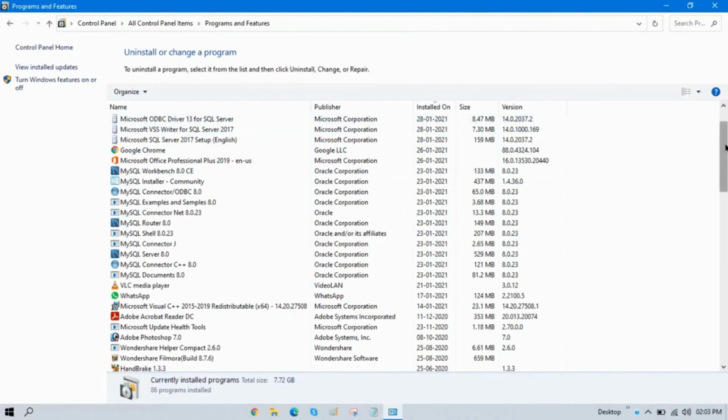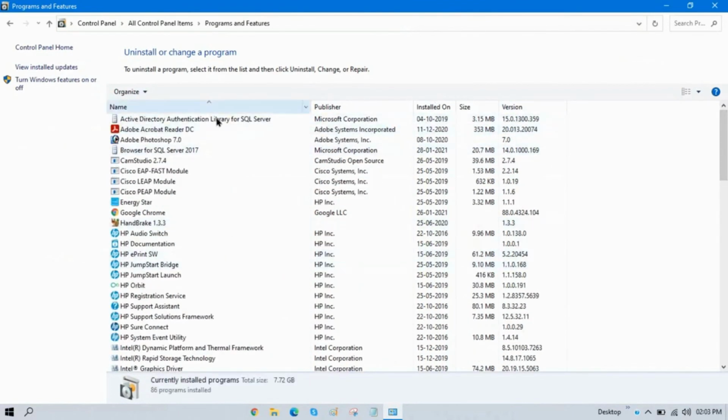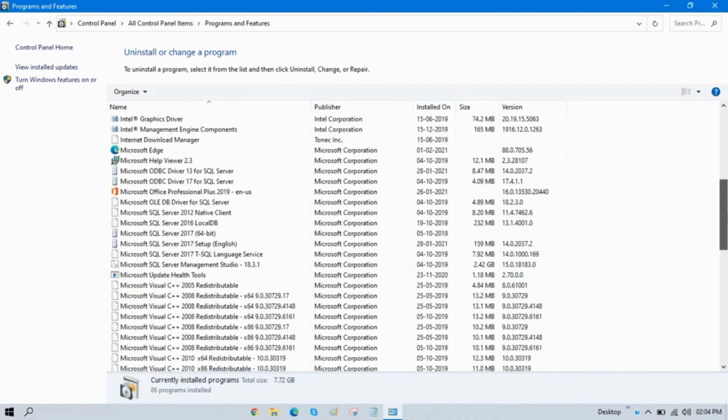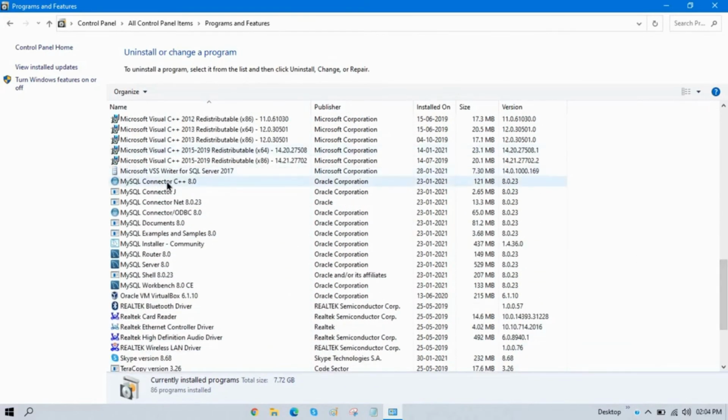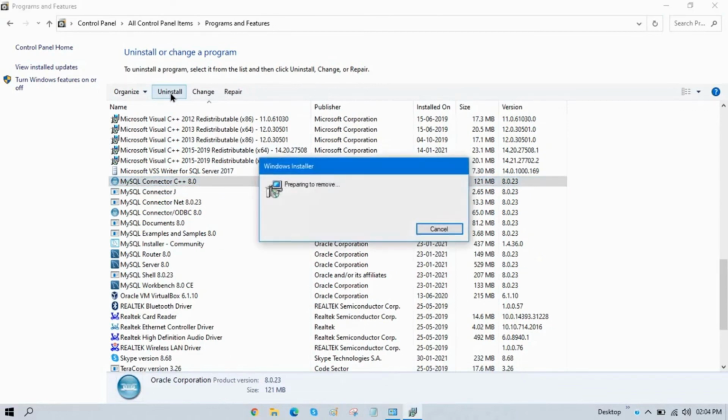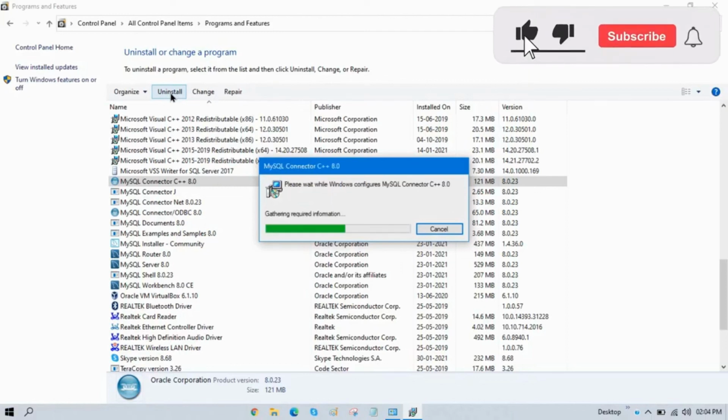You can just click on this name, so it will sort all these programs name wise in the ascending order. So now you can see, you can scroll down and you can see MySQL. So first MySQL, it is showing connector, so just click on that and uninstall that. So you have to follow everything what I am showing here, so it will help you to uninstall complete MySQL from your PC. So if you remember, while installing MySQL we installed connector.